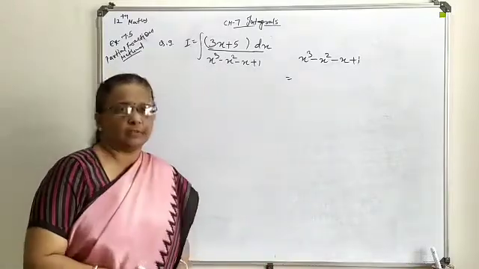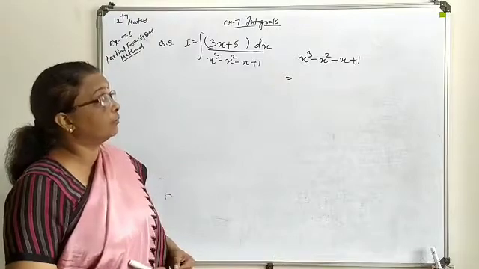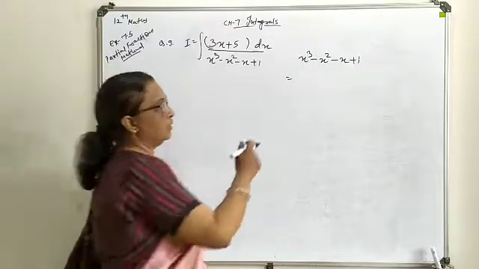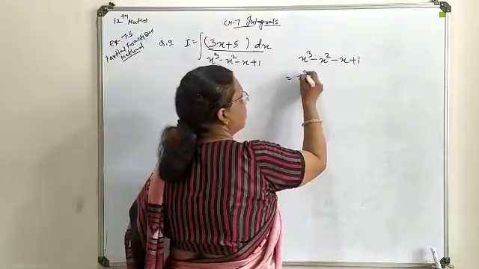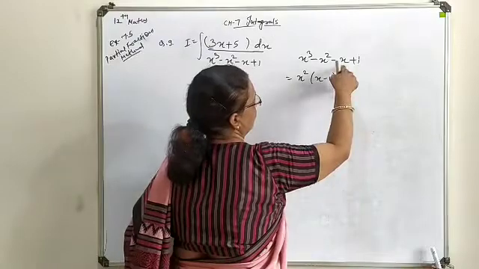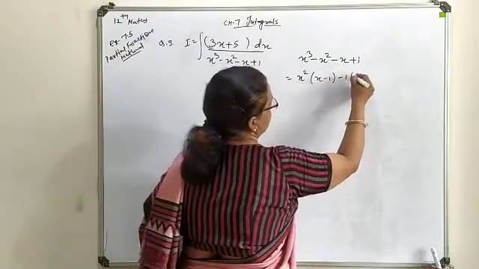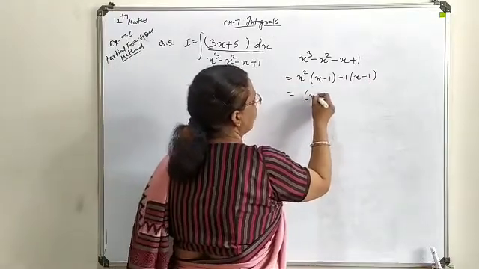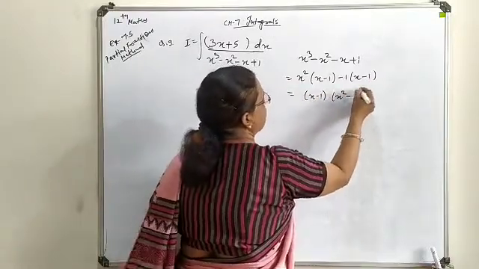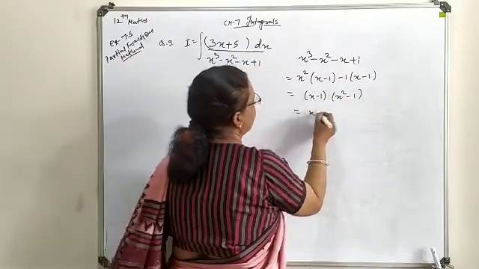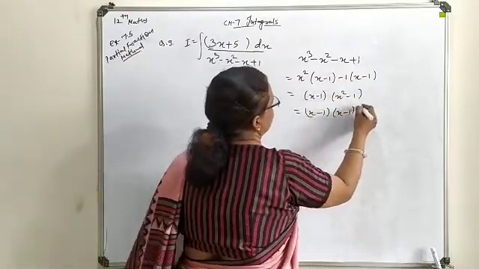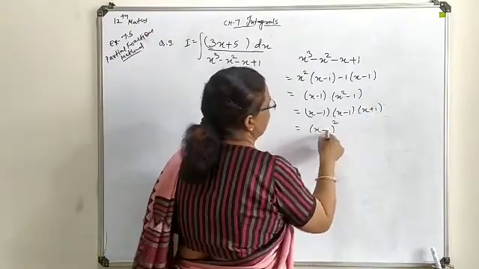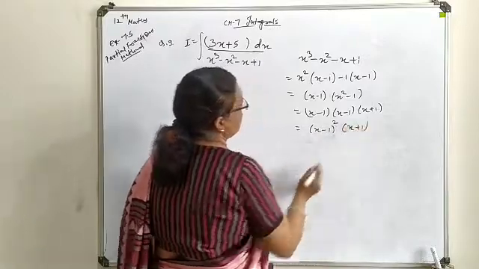Now here it is a very simple form, so it is clear from the given expression that x minus 1 you can generate as a common factor. So in the first two terms, x square, we take common, so x square minus 1. In the last two, minus 1 you take common, so this will again be x minus 1. Now x minus 1 is common, x square minus 1. Further factorize this. This will give you x minus 1, x minus 1 and x plus 1. So finally this expression you can write as x minus 1 whole square and x plus 1.